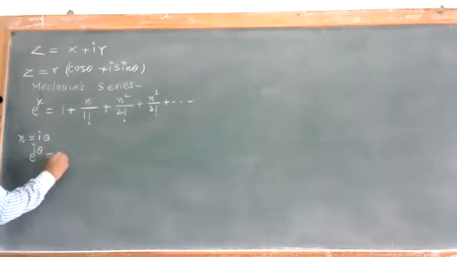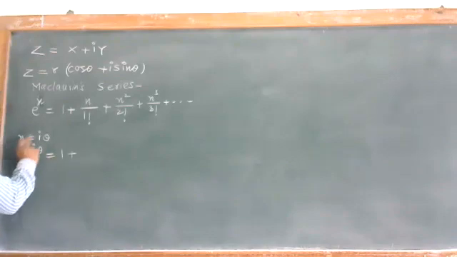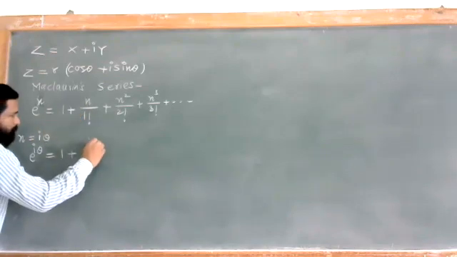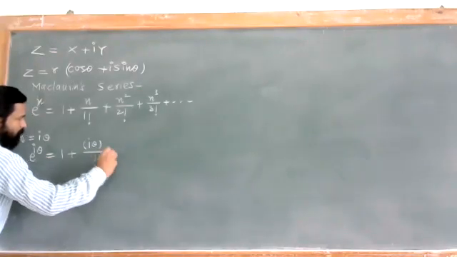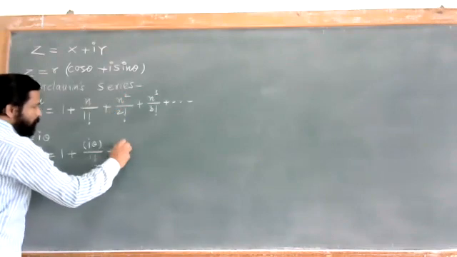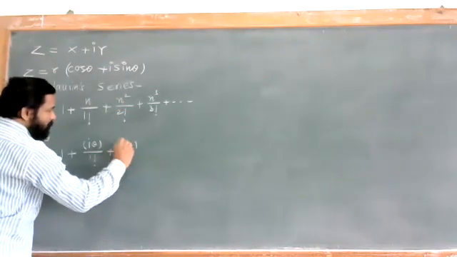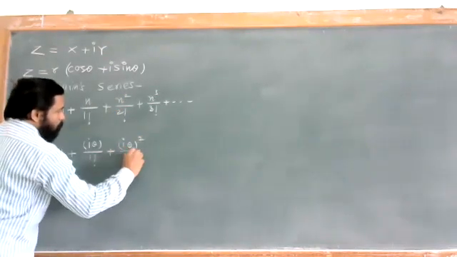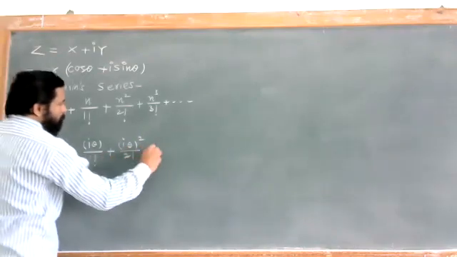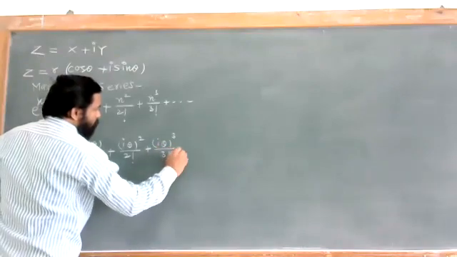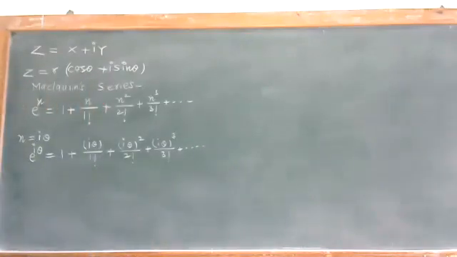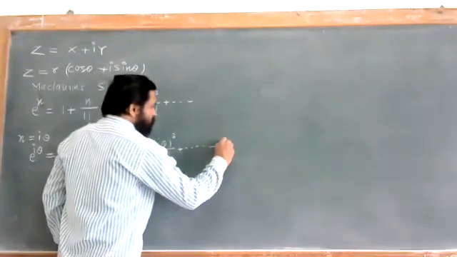We'll just put n equal to i theta, and so we can write e raised to i theta is equal to 1 as it is, then the first term is i theta divided by 1 factorial. The second term is n square, so I'll write (i theta) square upon 2 factorial plus (i theta) cube upon 3 factorial and so on. This is nothing but equation number 1.